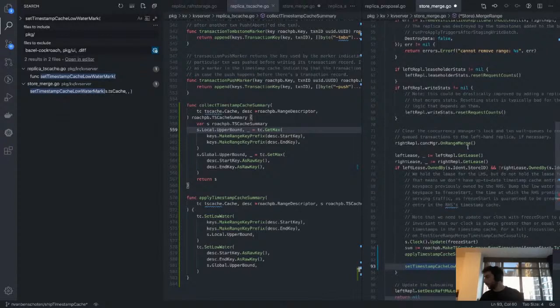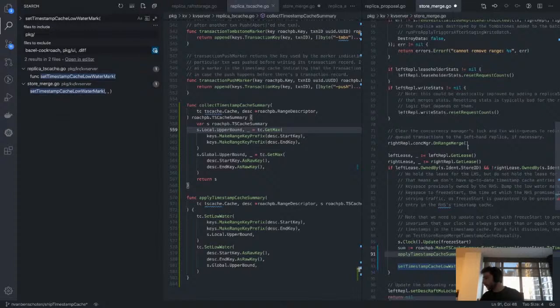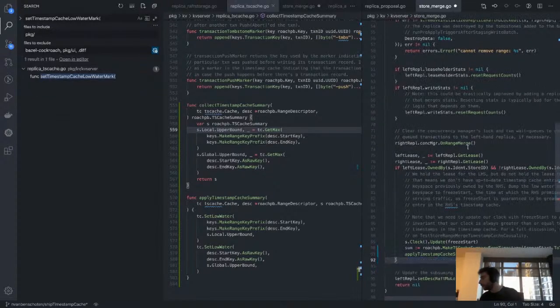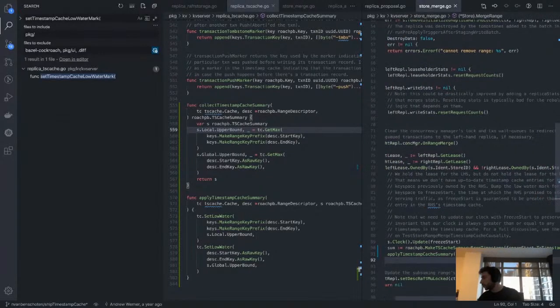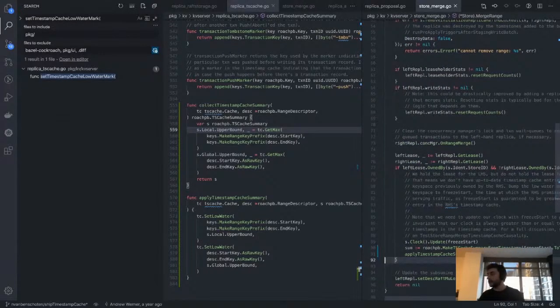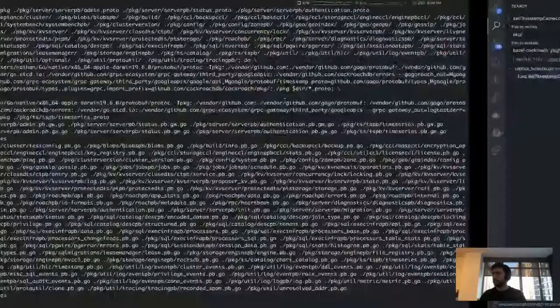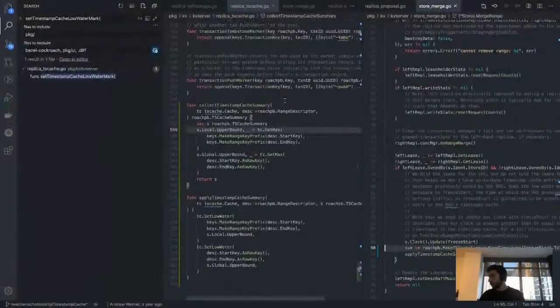Yeah, here's where the fact that we weren't requiring this to be a method comes in handy. So we pass in whatever descriptor we want. And in the case of the merge, we're actually just updating the right-hand side, just what used to exist on the right-hand side of this merge. And so as a check,